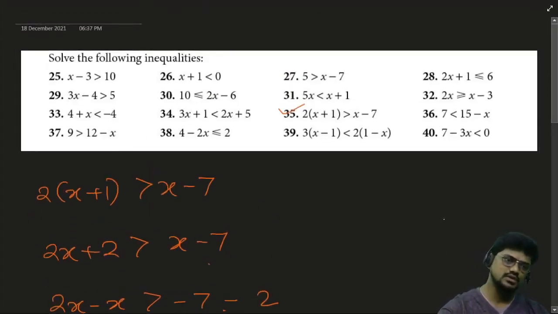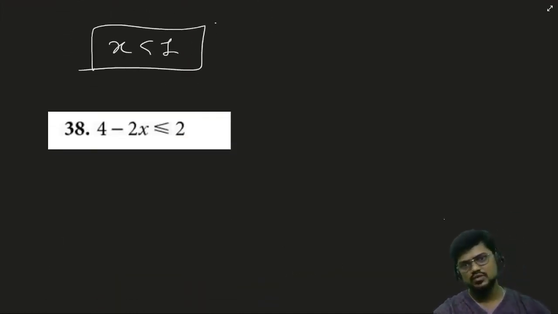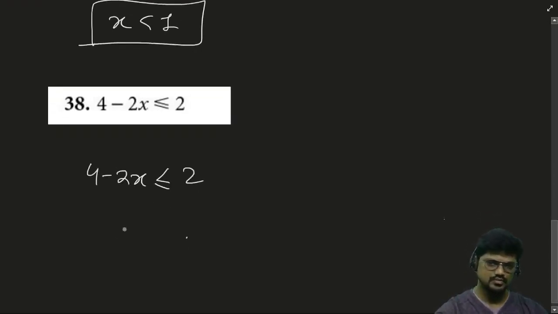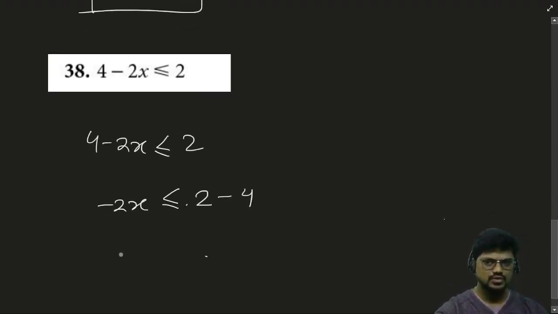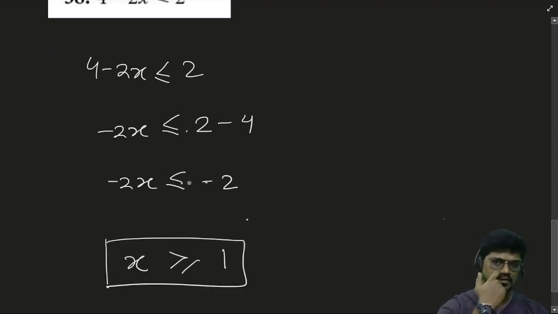Let's solve question number 38. What you will have is 4 minus 2x less than or equal to, so minus 2x will be less than or equal to minus 4. If you divide with minus 2 on both the sides, it will be x greater than or equal to 1. So in this way, the flipping of sign will be done if you are multiplying or dividing with a negative number. Is that clear,